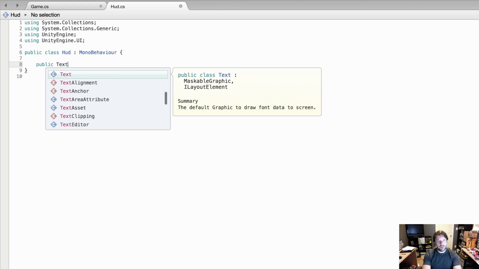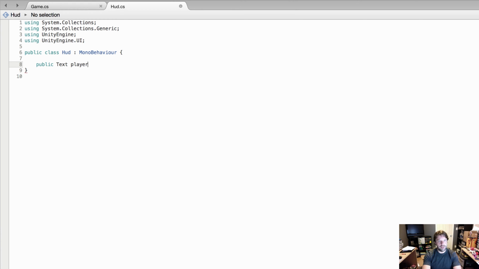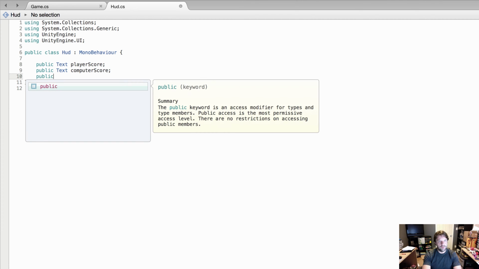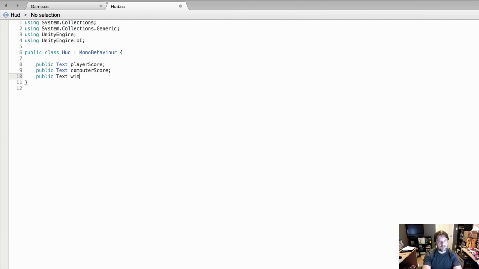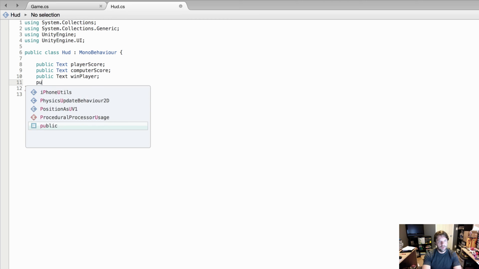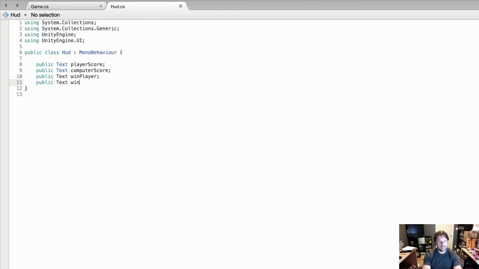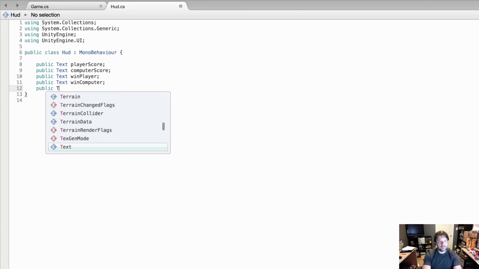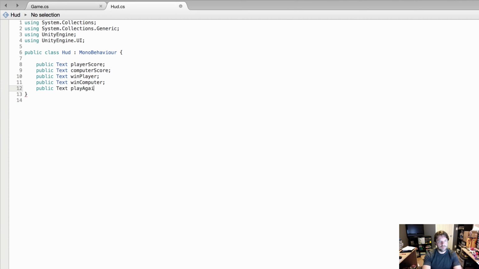And they're all going to be of type text, and we're going to make a player score, a computer score, one for win player, one for win computer, and then one for play again. Alright. So that's all we're going to do in our HUD script, and let's go ahead and go to Unity